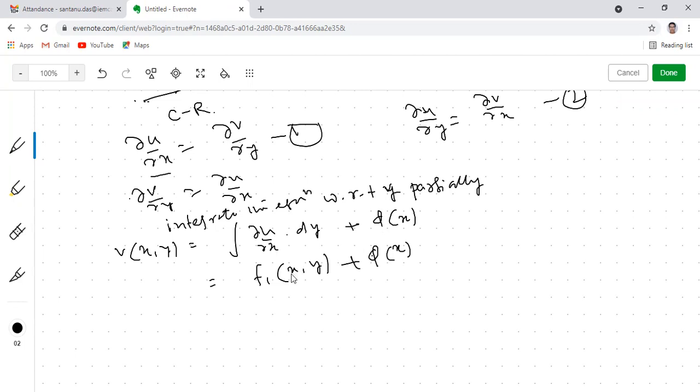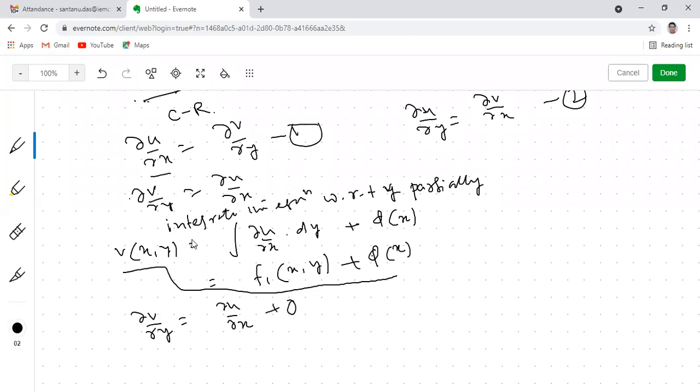Because you know that integration is the opposite process of differentiation. So after getting this equation, we can get back the earlier equation if we partially differentiate this. If we partially differentiate this with respect to y, we'll be getting ∂v/∂y equals this one, that means ∂u/∂x dy. Integration's opposite is differentiation, so if you differentiate this whole thing under integration with respect to y partially, you'll get back ∂u/∂x. Now since you are differentiating partially with respect to y, φ(x) is treated as constant because it's a function of x, so this will ultimately be 0.